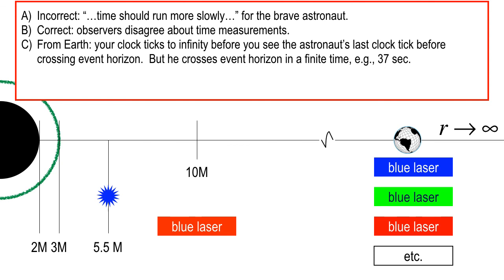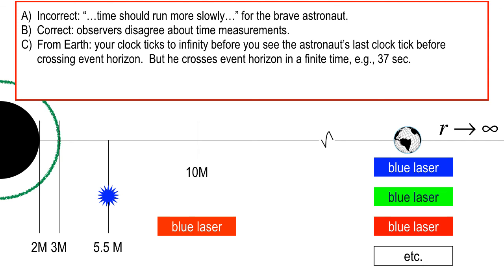The astronaut will tick off like 37 seconds, or 2.5 days if it's a really big black hole. Depending on where he jumps in, it takes a finite amount of his time on his Timex. But for the clocks back on Earth, and remember, if you think about dots and dashes coming out,